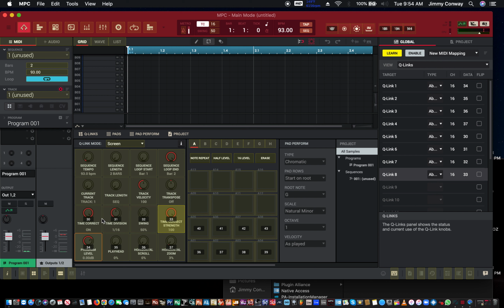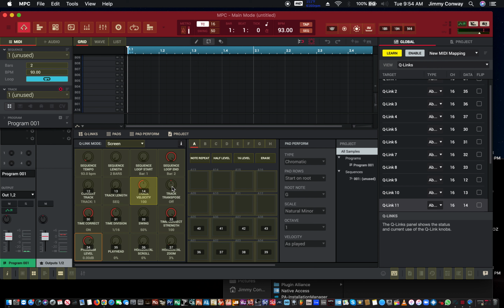Okay, so I just went through clicking the Q link and turning the knob associated with the Q link. Now the next thing I want to do is, let's see, anything else? Oh, let's do these up here. I'm going to use these for the sliders. So click here. That'll be slider 1, slider 2, slider 3,